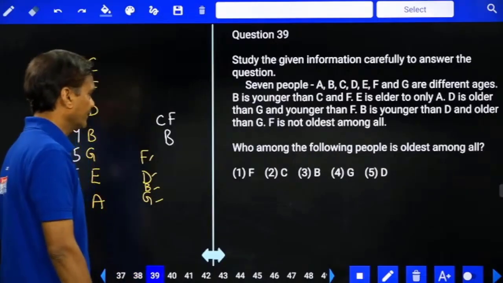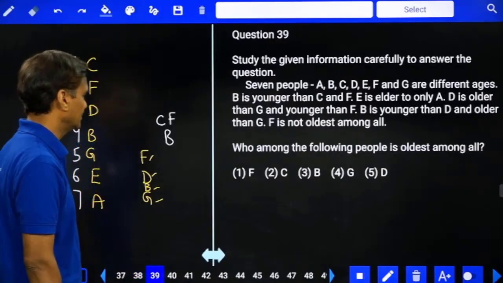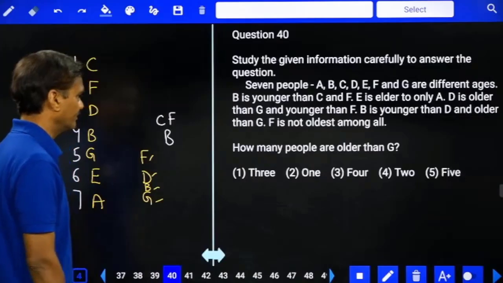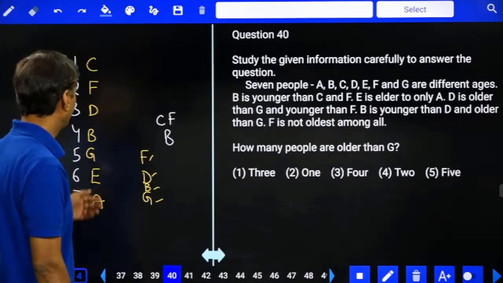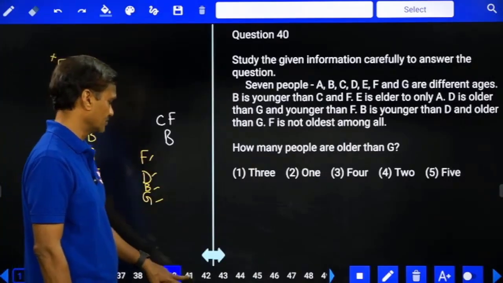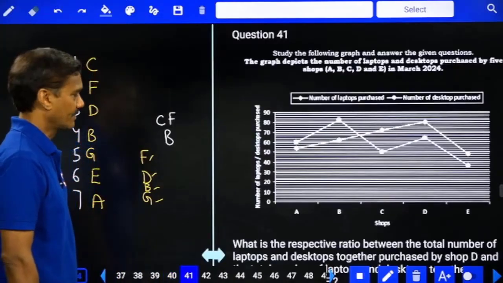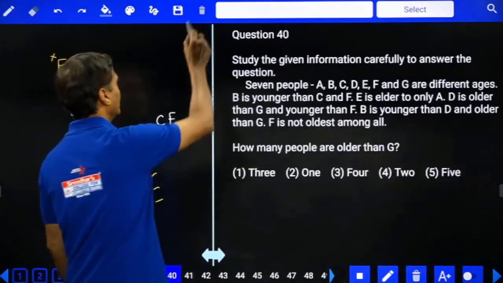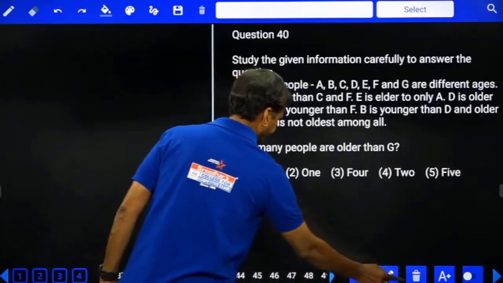Then the 39th one, who among the following is the oldest? C, that is choice 2. And 40, how many are older than G? There are 4 people older than G, that is choice 3, question number 40. Done? Now with this, we have come to the end of this